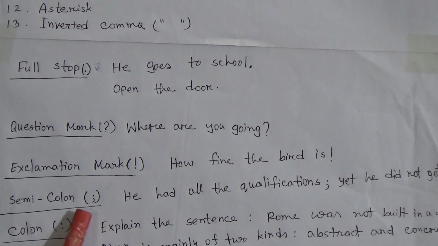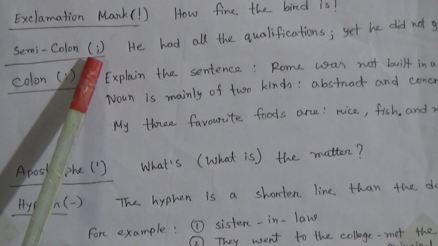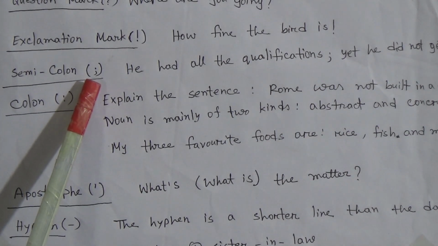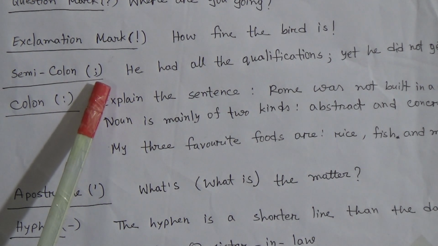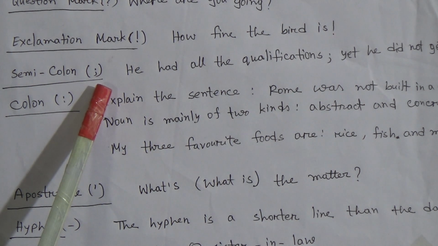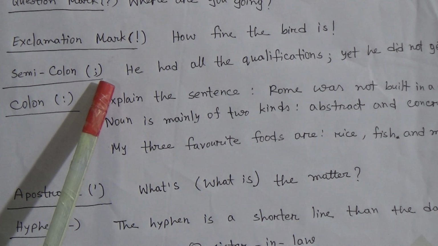Okay, now I am going to say about semicolon. Okay, what is semicolon? The semicolon expresses a longer pause than the comma. Okay, so it expresses what? A longer pause than the comma. It is used between coordinate clauses. Okay dear students,